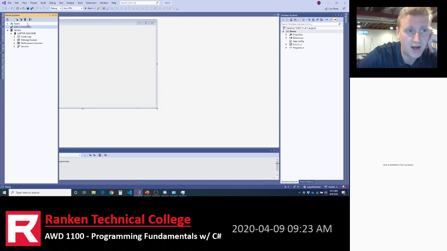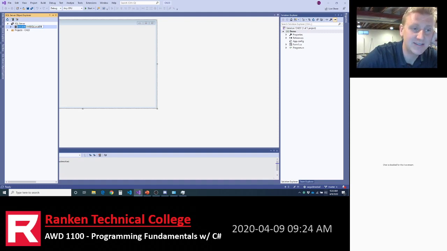So the solution: as you hover over the SQL Server Object Explorer, I click on that button, and it opens up this tab. This tab was not open before. And there's the answer: local DB, then a backslash, then that name right there. That's what I needed to populate the box with.